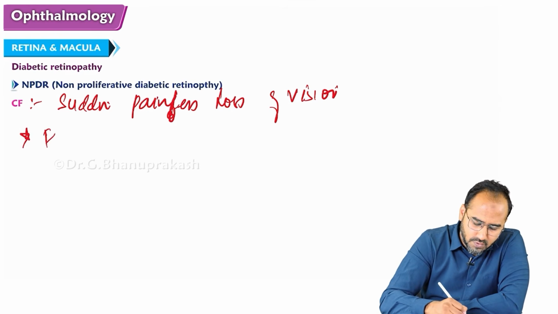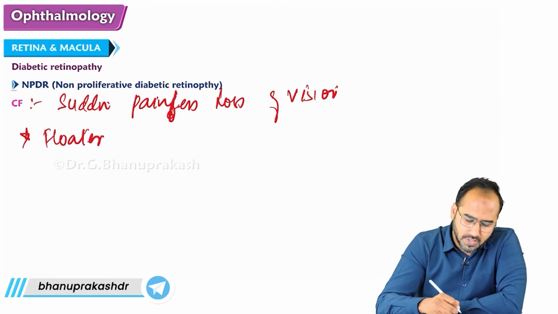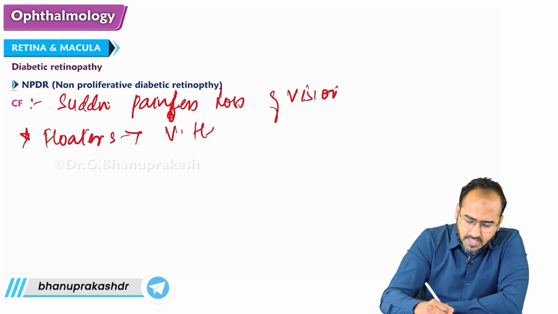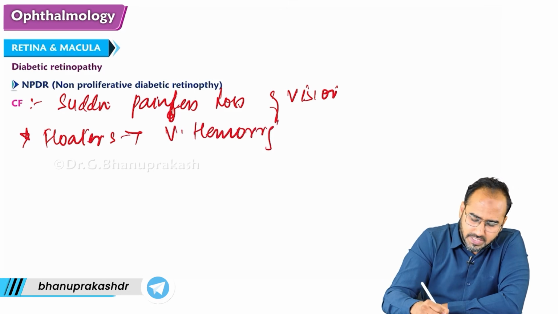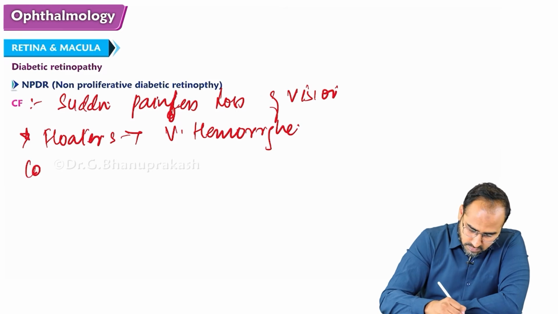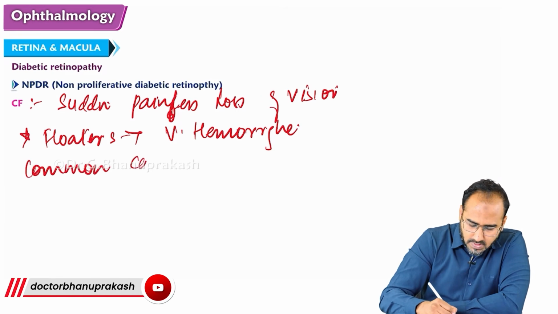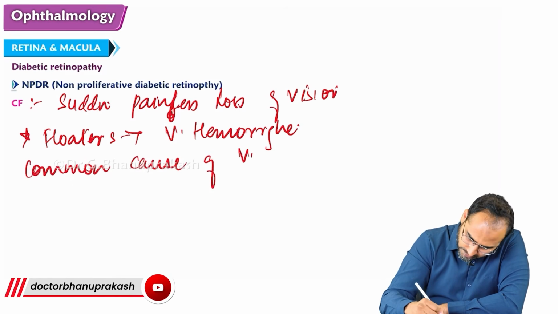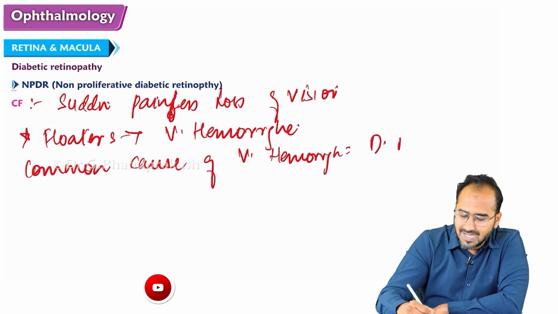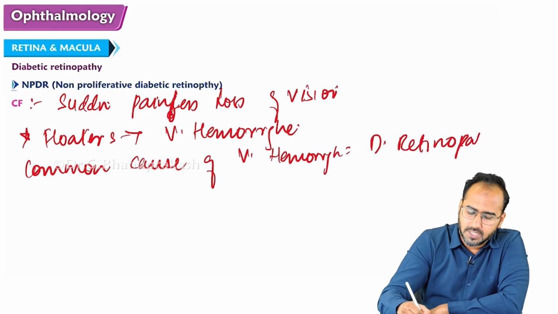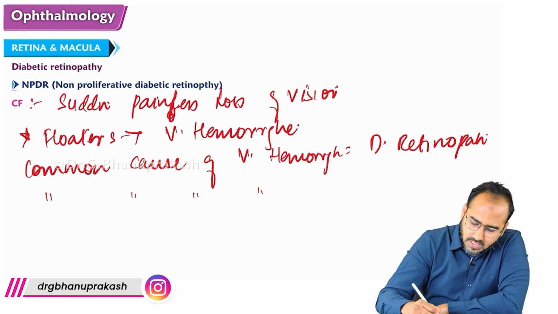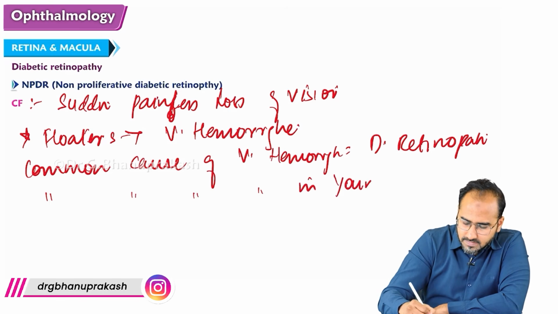Patient will also have floaters. Floaters is a complaint of the patient. Why is the complaint of the patient floaters? Because the patient has vitreous hemorrhage. Vitreous hemorrhage, right? Now, the common cause of vitreous hemorrhage is diabetic retinopathy. Right? The common cause of vitreous hemorrhage in young adults,